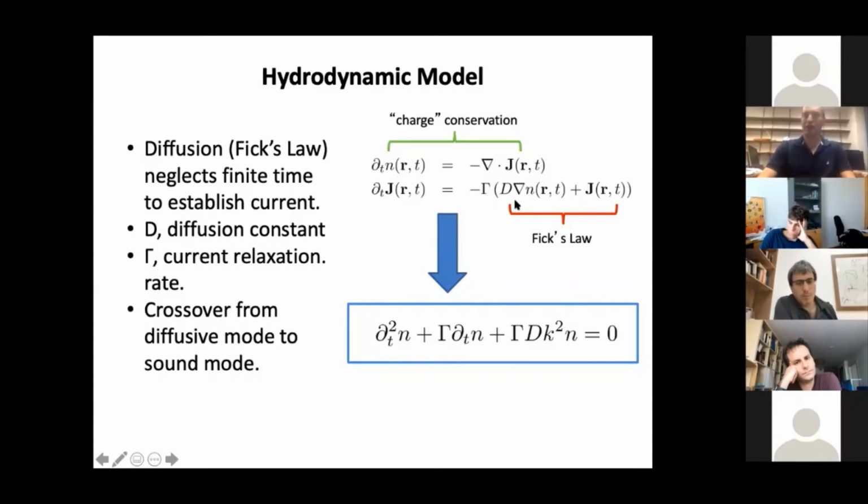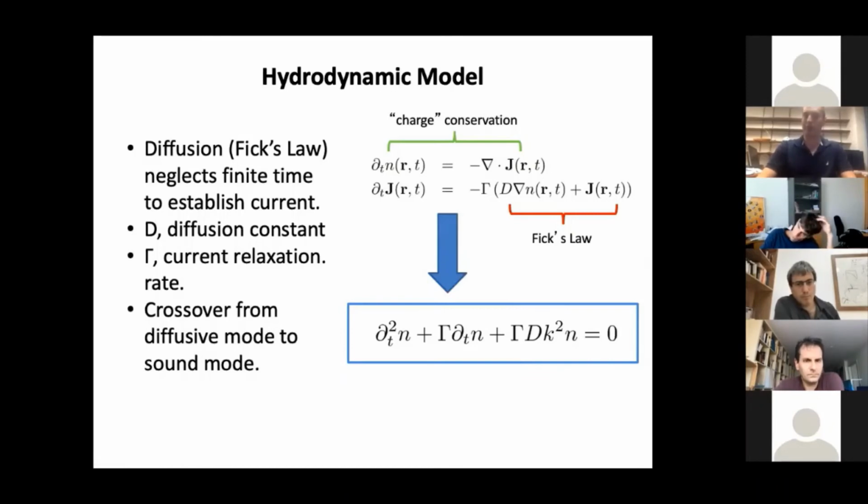Okay, and so if you combine these two equations, you get the equation for a harmonic oscillator, just the usual harmonic oscillator we teach in freshman physics. And so the damping is this gamma, and the frequency of the oscillator is k, the wave vector of the charge density wave, multiplied by square root of gamma d, which you would think of as the speed of sound